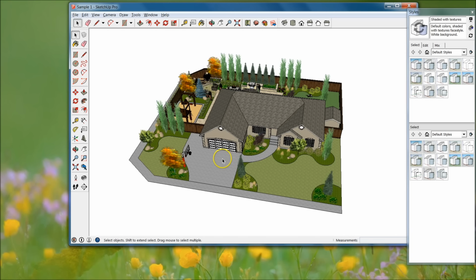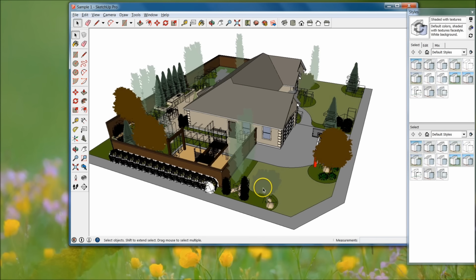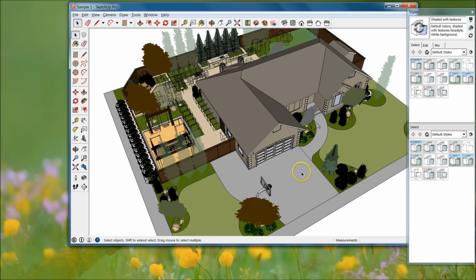I'm super excited about this series because SketchUp and 3D modeling is what I do for a living. So this series is just going to be the best, the greatest that I can put out there. First, I'm going to show you some of the things that I've done. These are clients that I've worked for, and I'm just going to show you some examples of what you can